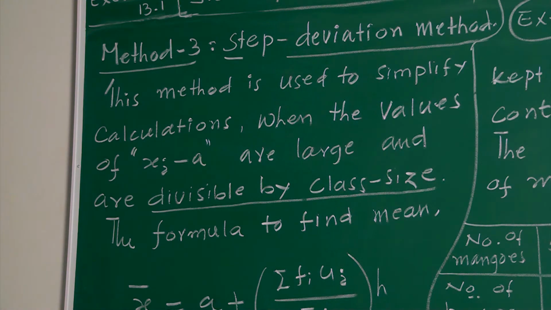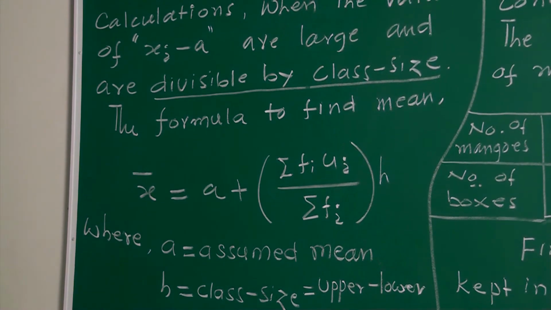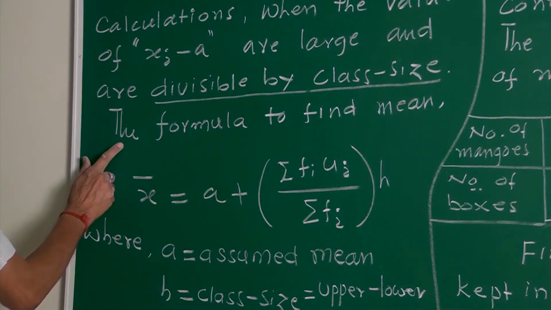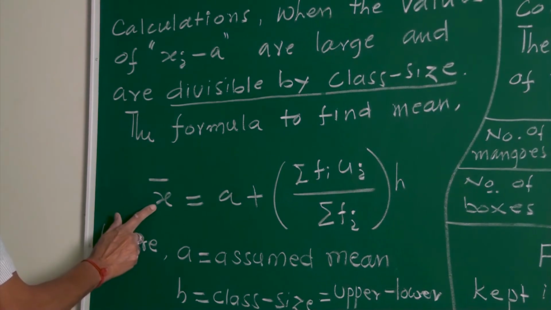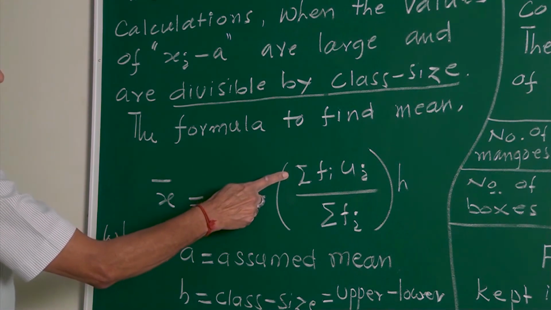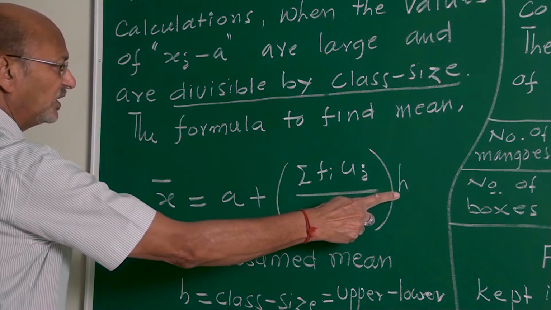The di upon h is denoted by ui. Then we use this formula to find the mean x bar: a plus sigma fi ui upon sigma fi, into h,